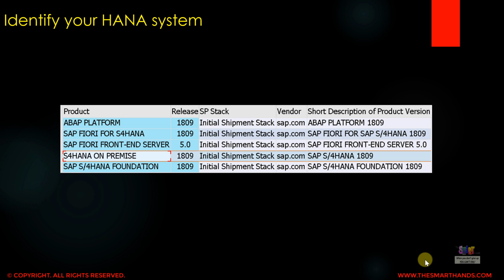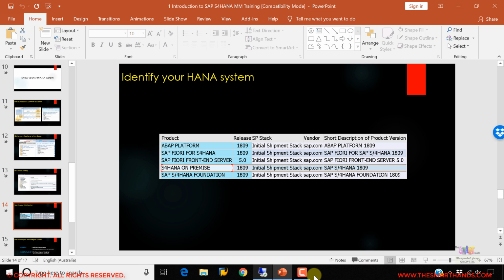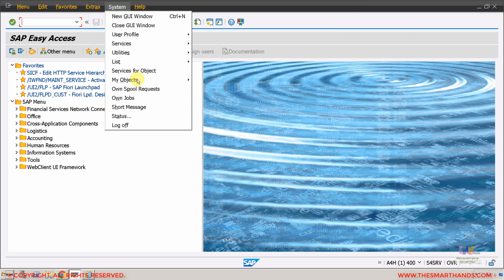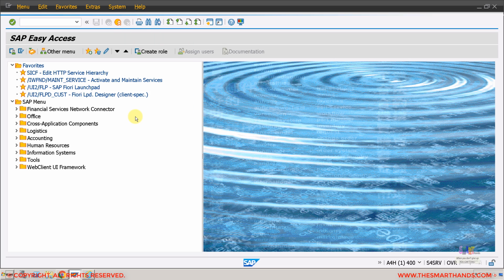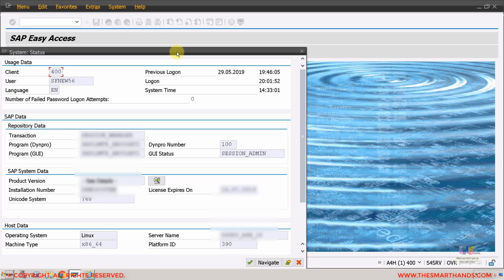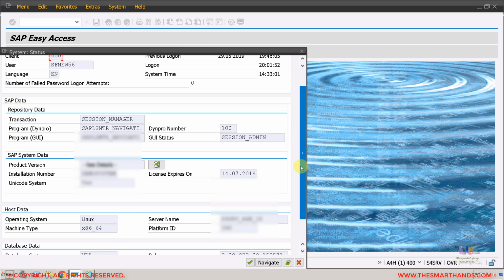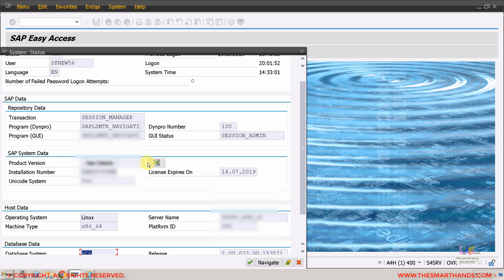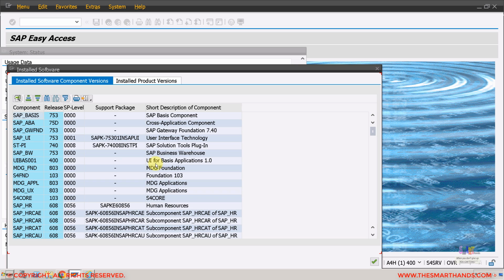Identify your HANA system. Now this is very important. So let me show you. Here if you go to system status, if I scroll down, you can see the database which is saying HDB at the bottom, which is saying HANA database. Then you can click on the product version detail button, and then here it will show you